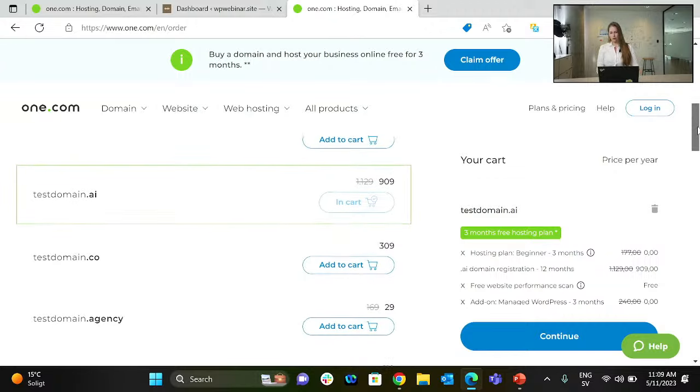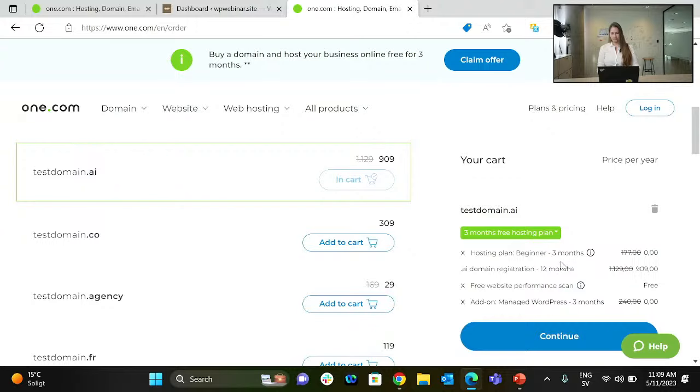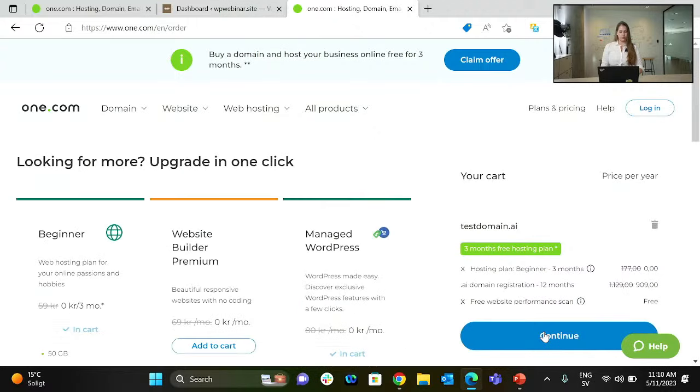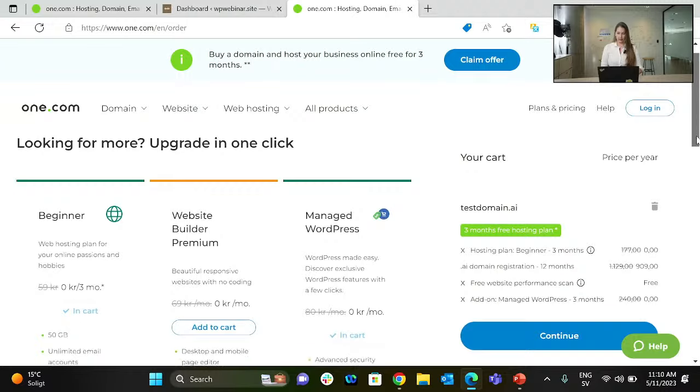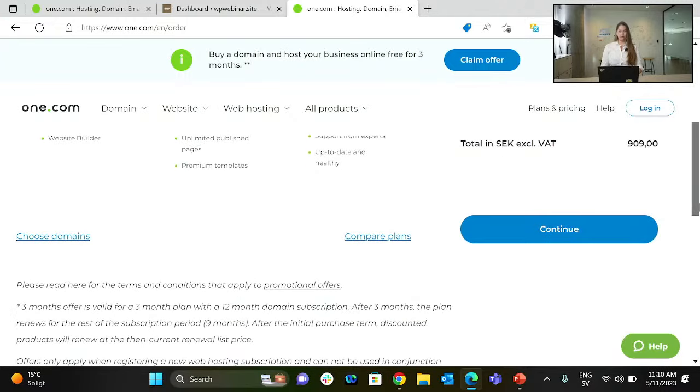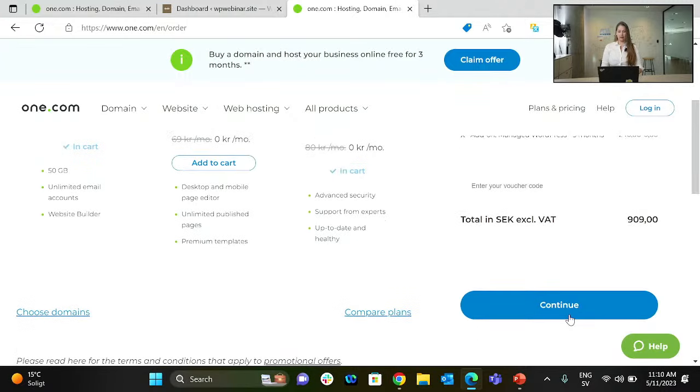Ooh, 3 months free hosting. That's added to my basket. Nice. Free website performance and managed WordPress add-on, which I strongly recommend that you get. The reason why I recommend it, first of all, it's free. You can try it. And if you decide that you don't want to move forward with managed WordPress once your site is live, that's okay. We offer it for you to try. So here we are. So we go ahead and click continue,